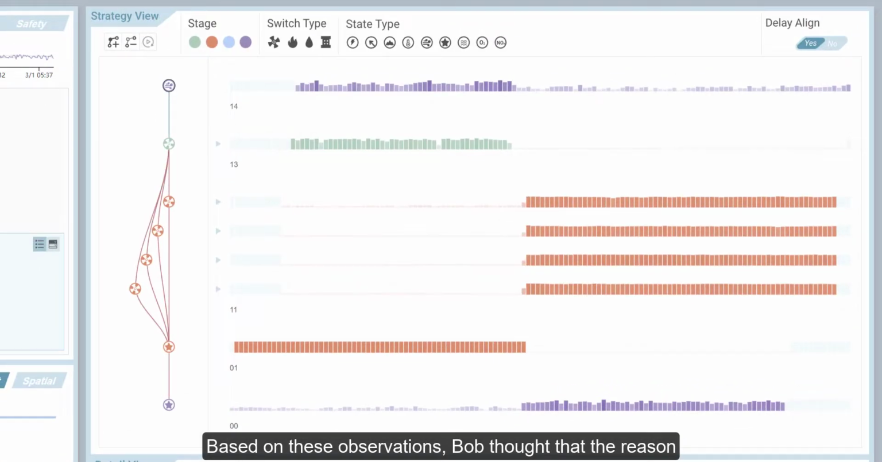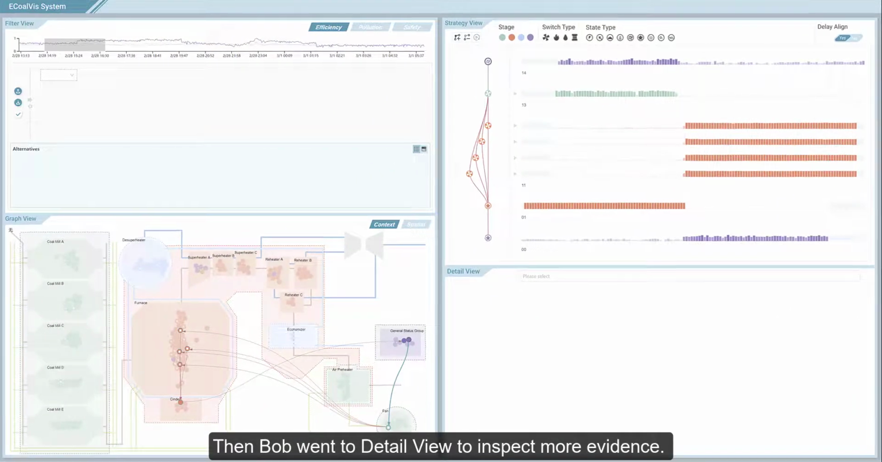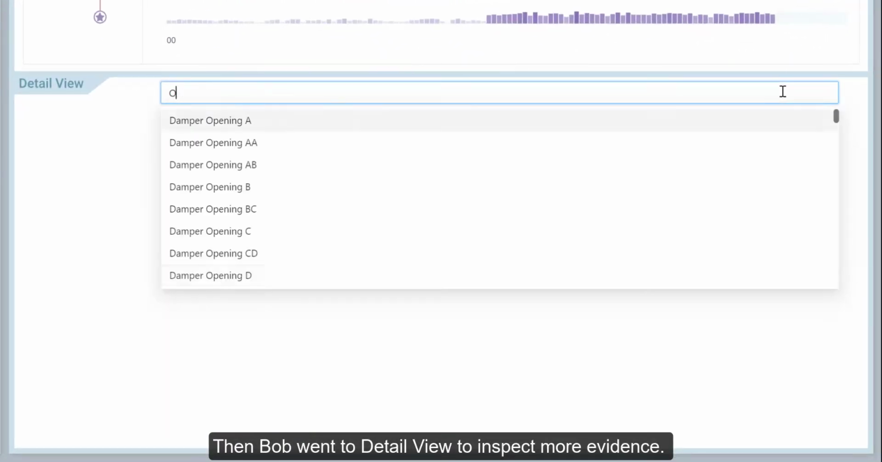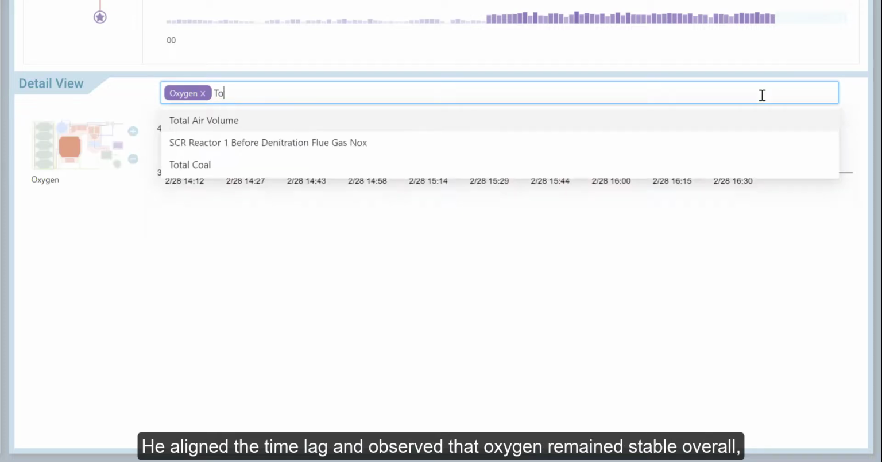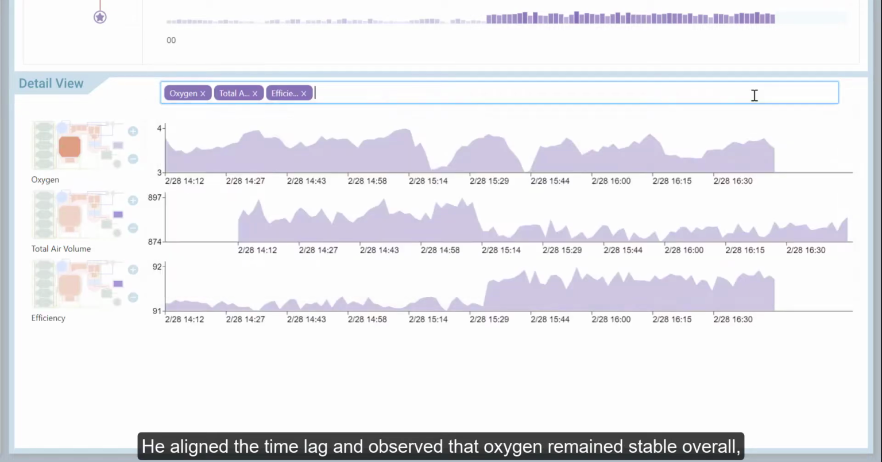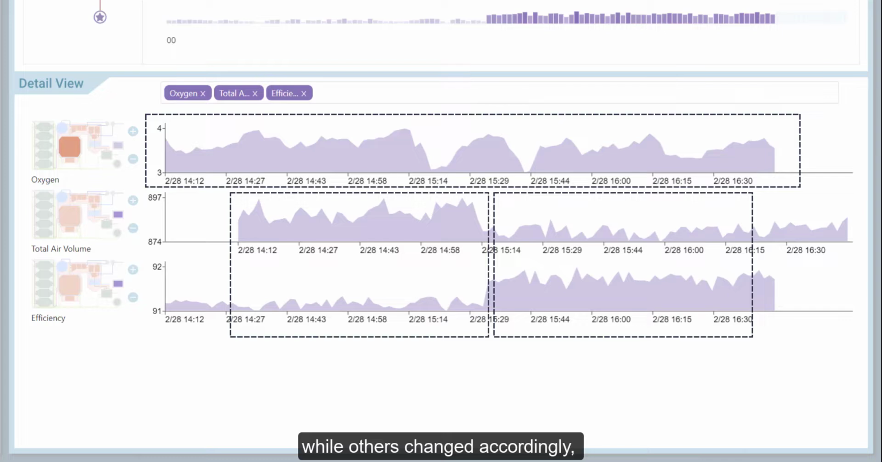Based on these observations, Bob thought that the reason why the efficiency increased might be reducing excess air in the furnace. Then Bob went to detail view to inspect more evidence. He aligned the time lag and observed that oxygen remained stable overall, while others changed accordingly, which was consistent with